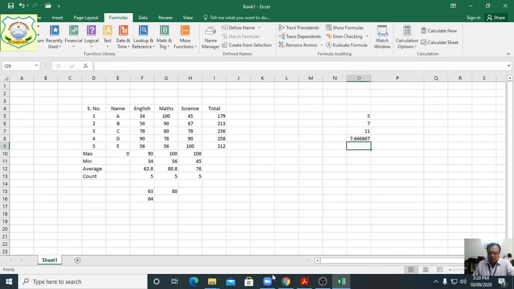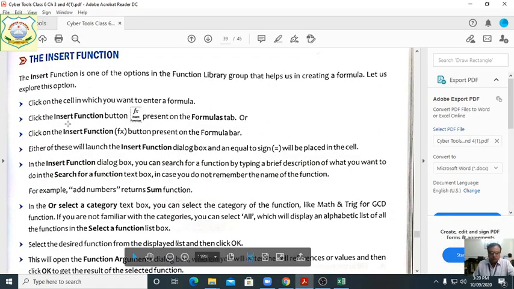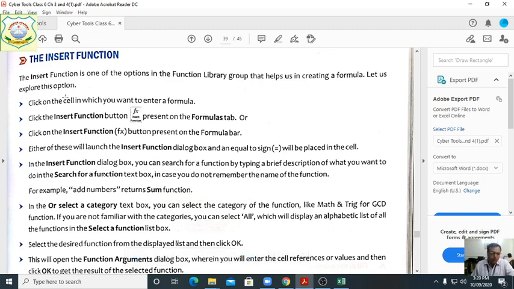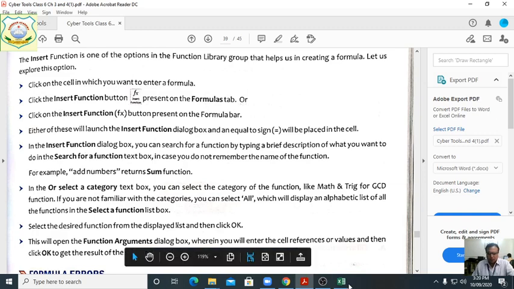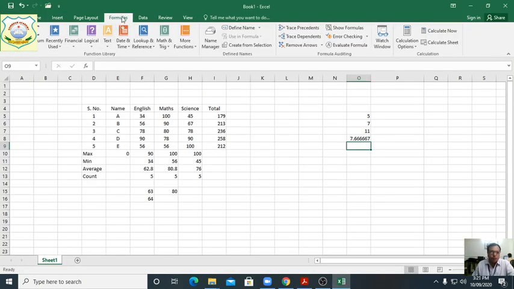So this is also given. The insert function is one of the options in the function library group that helps us in creating a formula. Let's explore this option. Click on the cell in which you want to enter the formula. Click the insert function button present on the formulas tab. This is the formulas tab. Or insert function, see here.